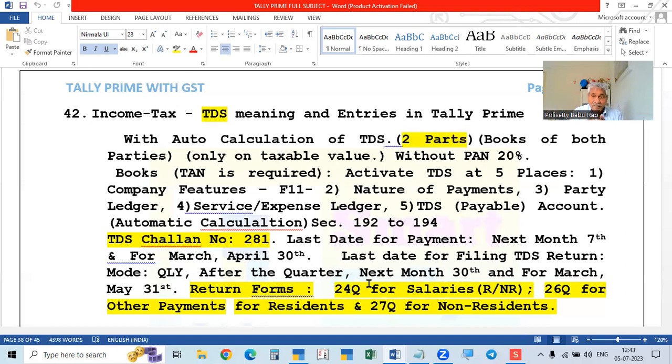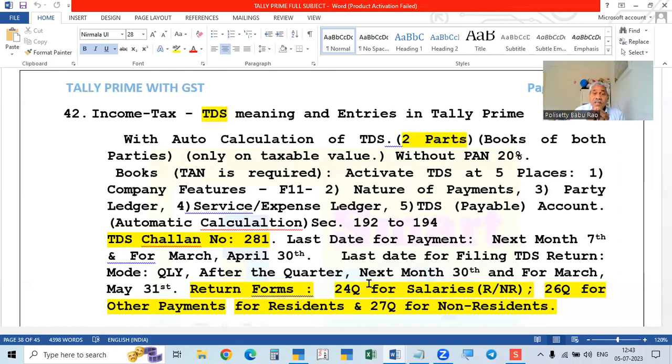Okay. So the buyer who is paying the money and deducting the tax is called the deductor. The deductor will deduct the money and pay it to the government. The other person, the creditor from whom the money is deducted, is called the deductee. From him the amount is deducted and paid to the government. It is not a loss or expense to anyone, because the other person will get credit for that and adjust it against his income tax. So it is not a loss or expense to anyone.